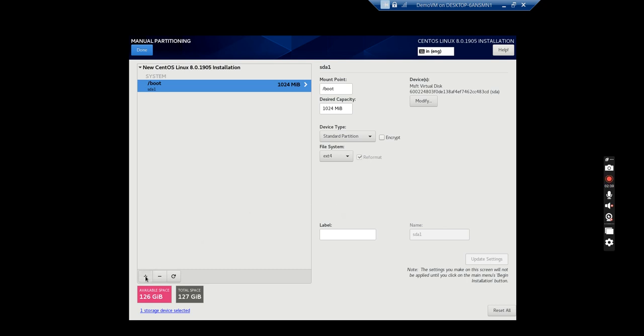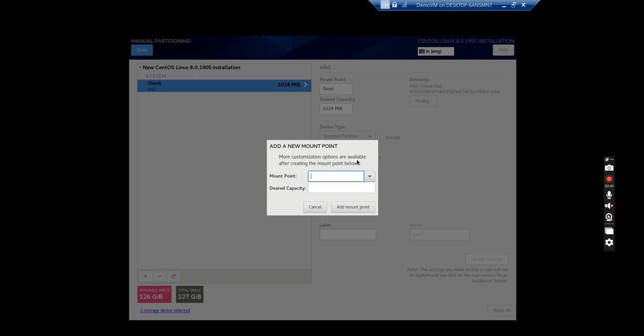I am clicking plus sign again to create another partition, and here I am creating a swap partition. Swap partition is basically a virtual memory, and we can create twice of my physical memory. So in my case I am giving 2 GB as virtual memory in my VM. So here we can put 4096 as maximum space,